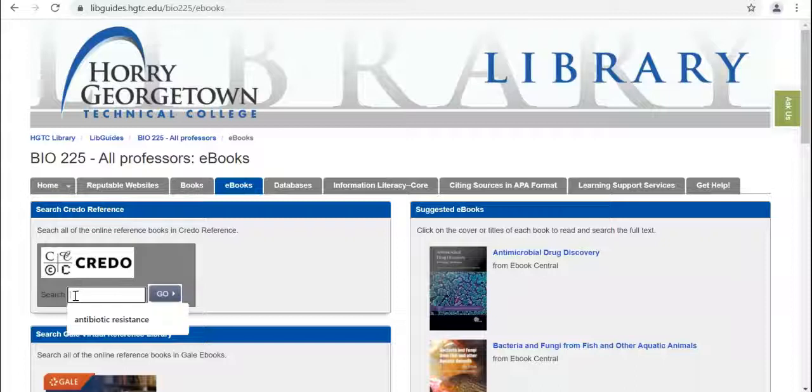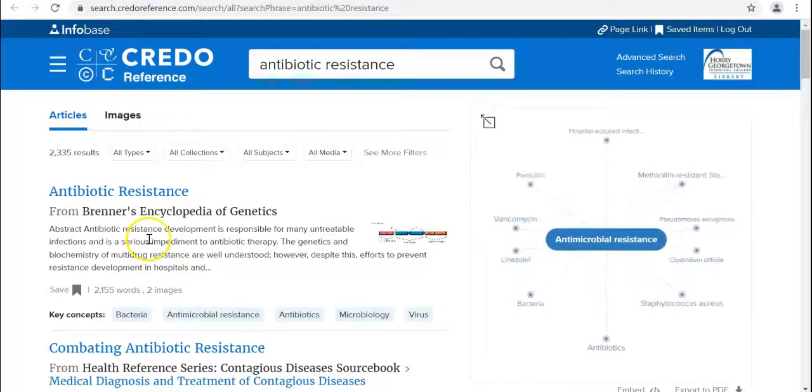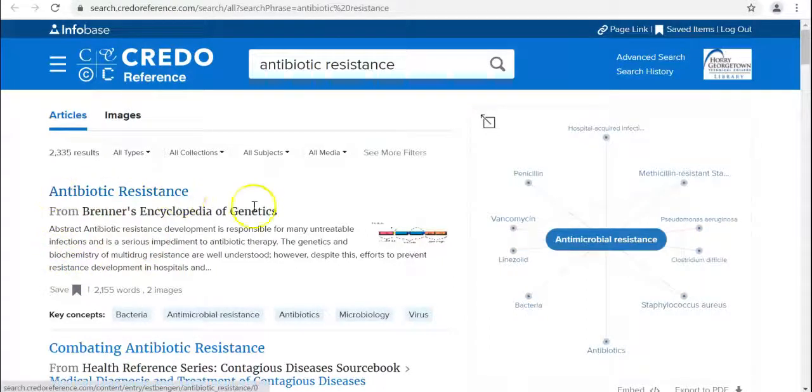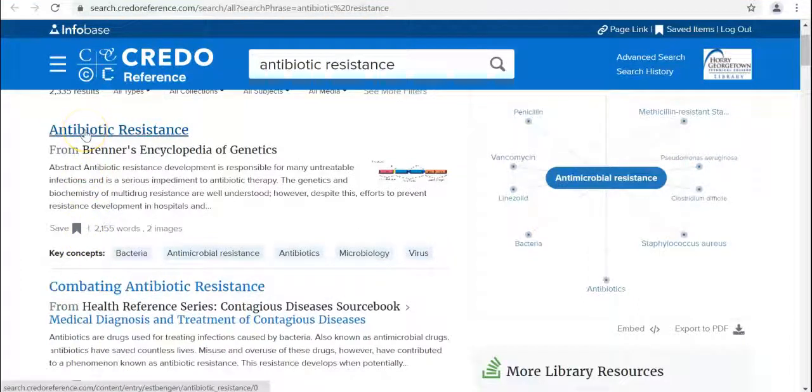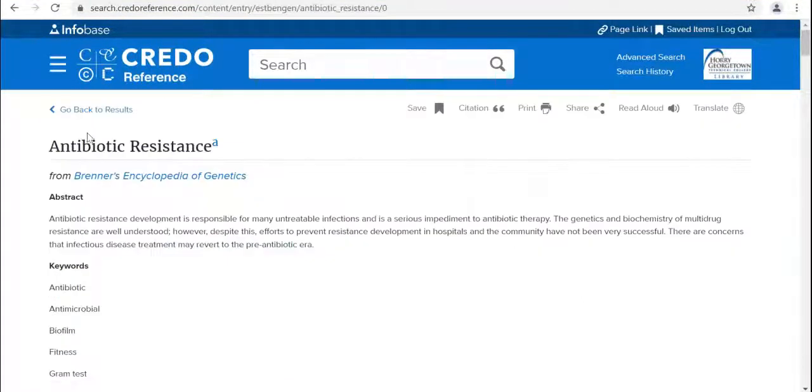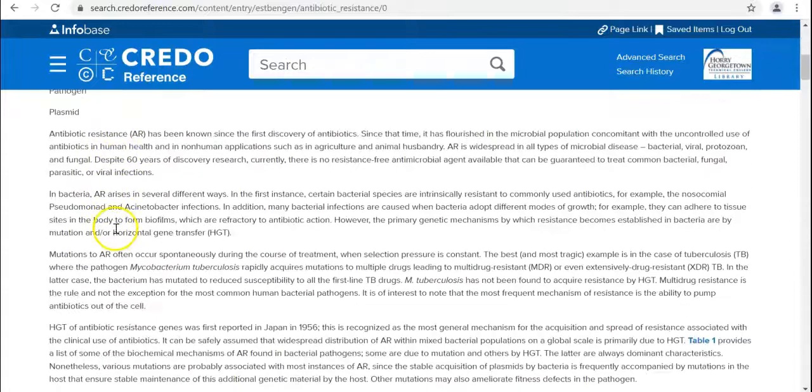For example, we could go in this search box and search for antibiotic resistance. All of the results that come up are entries about antibiotic resistance out of a specific book. So you don't have to look at the whole book, just the entry on the topic that you searched for. When you find one that looks good, you can click on it, and it will take you to that individual